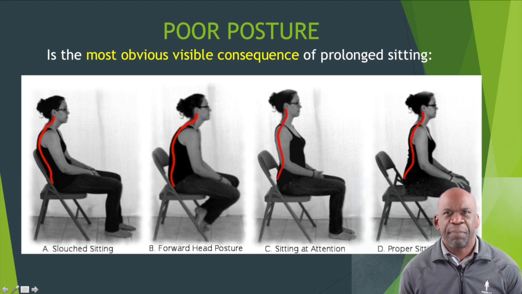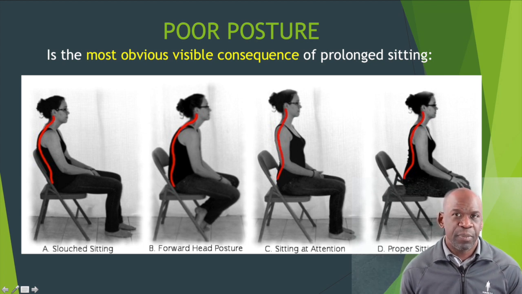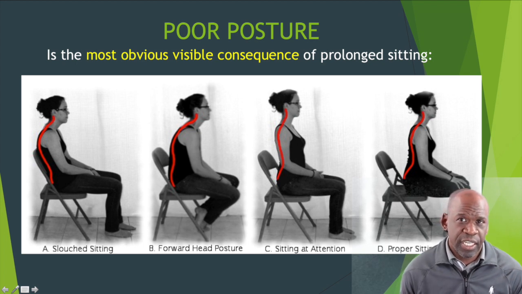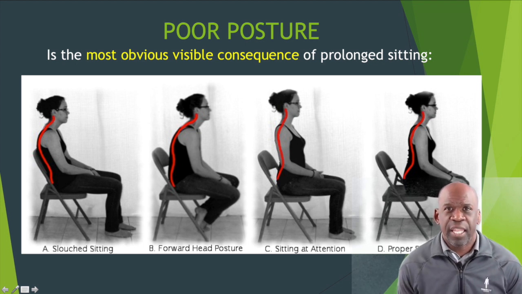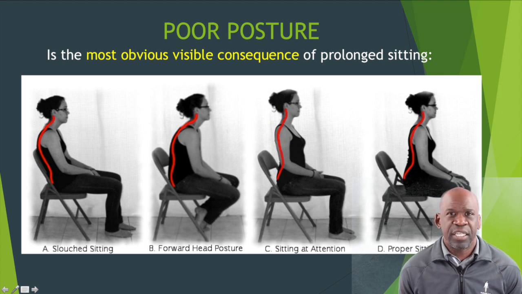And finally, in panel D, we can see here the appropriate posture for somebody who is sitting. Basically, this person is demonstrating what we call the SLANT body position, which is a technique used for people to remain attentive while they're sitting for extended periods. This is an acronym which stands for sit tall, lean forward, ask questions, nod, and track the speaker.